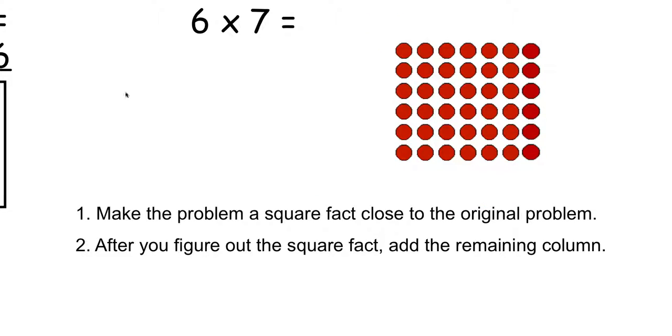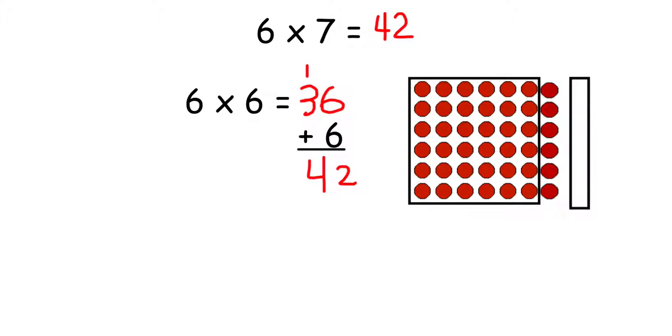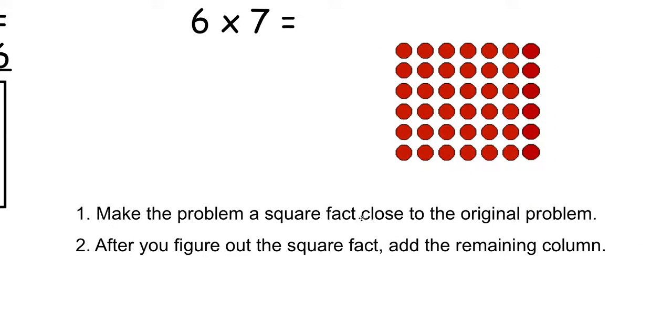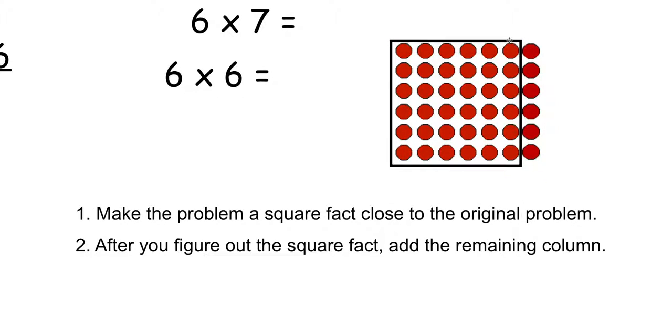Alright, so let's look at this in terms of rules. So if I'm going to do 6 times 7, so I'm going back to the one that I did before, right here, we know it's going to be 42. I'm going to make the problem a square fact close to the original problem, and that was the 6 times 6. And again, of course, remember, we're just thinking of that square, and you have that one extra set